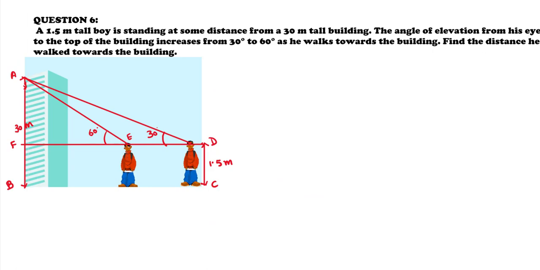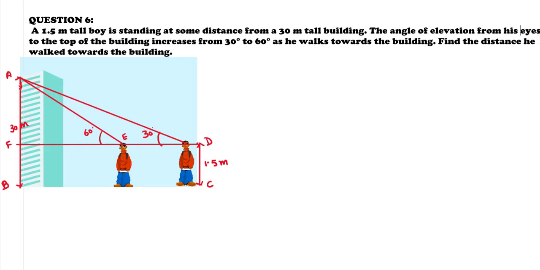Question 6. A 1.5 meter tall boy is standing at some distance from a 30 meter tall building. The angle of elevation from his eyes to the top of the building increases from 30 degree to 60 degree as he walks toward the building. Find the distance he walked towards the building. So there is a boy who is standing here whose height is given, that is 1.5 meter. The boy is standing at some distance from a 30 meter tall building and then he moves towards the building and then the angle of elevation changes from 30 degree to 60 degree and we are supposed to find the